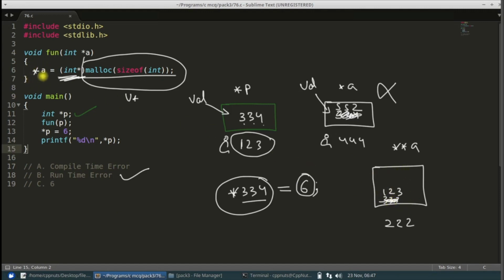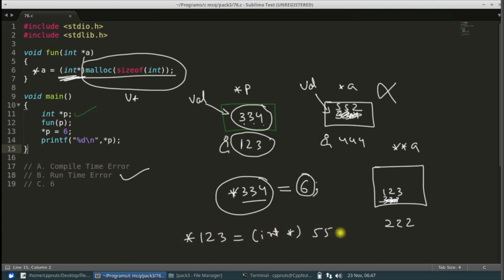Now you are dereferencing that. That means you are dereferencing that memory area, 1, 2, 3. That means you are pointing at this location right now. Okay, because you are dereferencing 1, 2, 3, right? And 1, 2, 3 is this one. So whenever you will initialize some address, now that address, let's suppose this one malloc was returning 555. So now this time what you're doing, dereference 1, 2, 3 and initialize this 555 with conversion with this integer